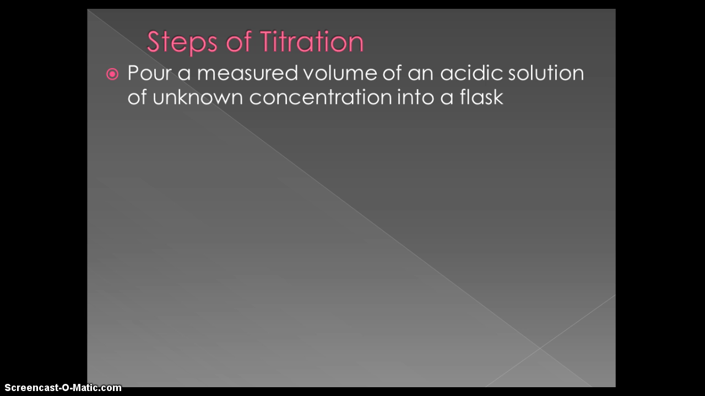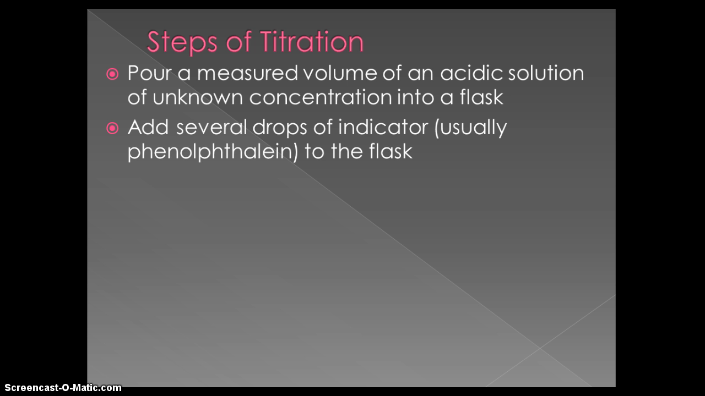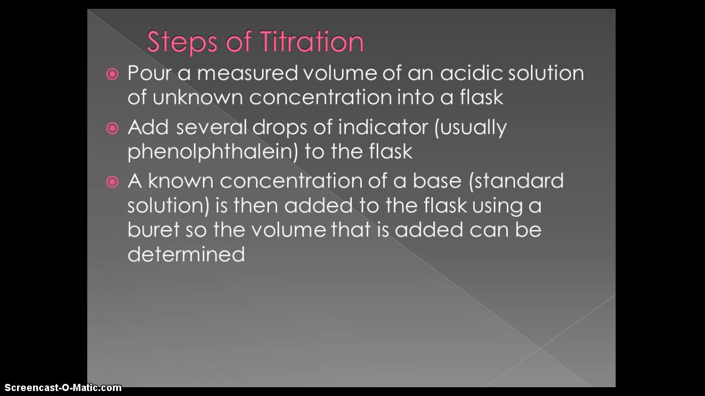So the first step is to pour a measured volume of an acidic or basic solution of unknown concentration into a flask. You're going to add several drops of an indicator. It's usually phenolphthalein, because you're going to be titrating with the base, to the flask. You're then going to have a known concentration of a base, which is called your standard solution, and you're going to add it to the flask using a burette, so that you know how much of that base you have